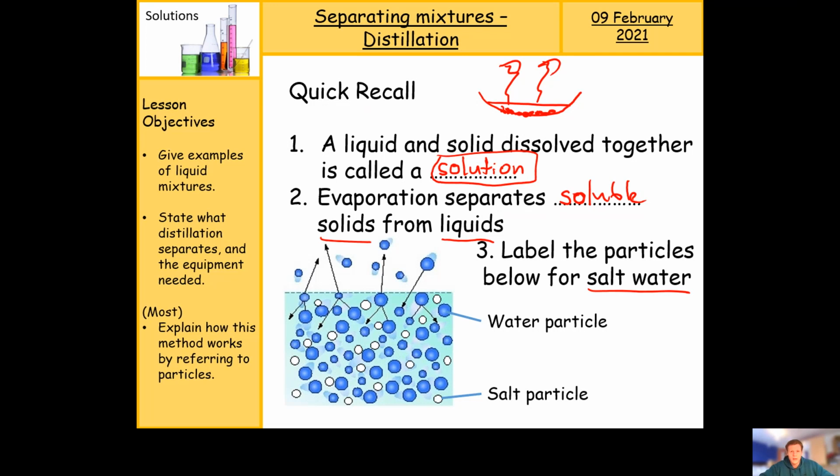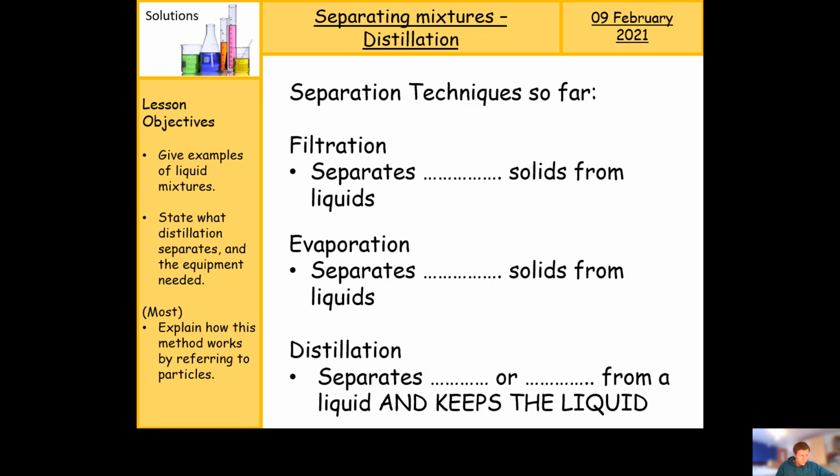So quick recall then back to evaporation from last time. I just wanted to put this slide up to make it a little bit clearer about what we've done so far. So we've been looking at these separation techniques, ways of separating mixtures into their different parts, okay? And if we write them like this, we've got 3 techniques now, and the third one we're coming on to today. Filtration then separates insoluble, like sand, stuff that doesn't dissolve, solids from liquids. Evaporation separates, and we just did this,